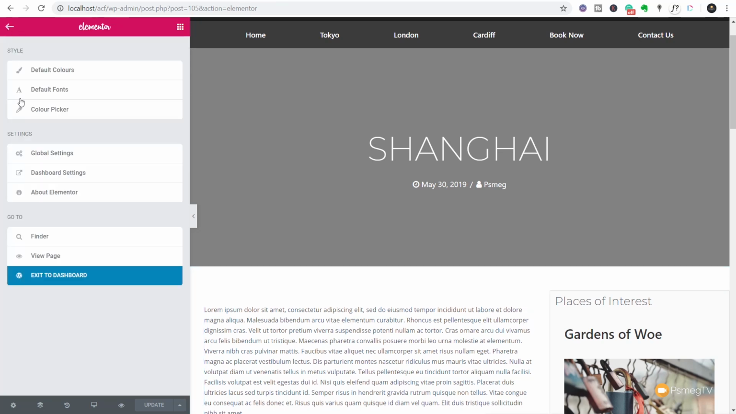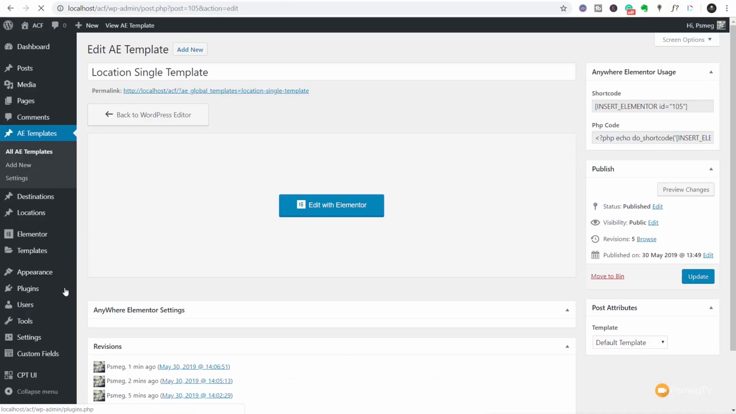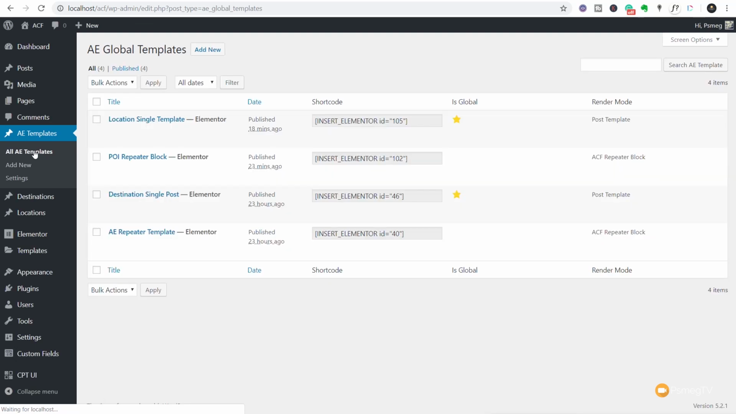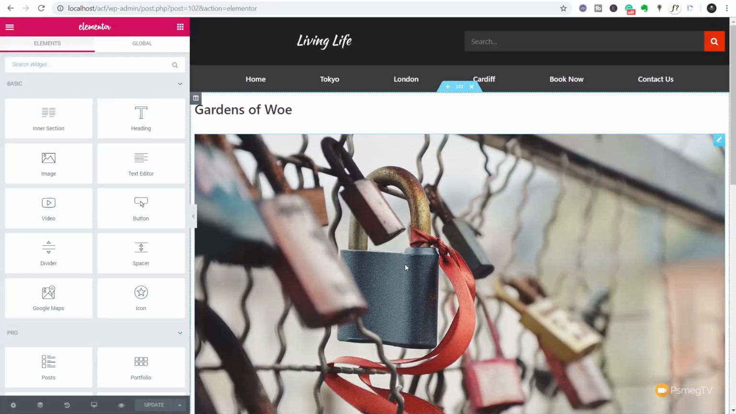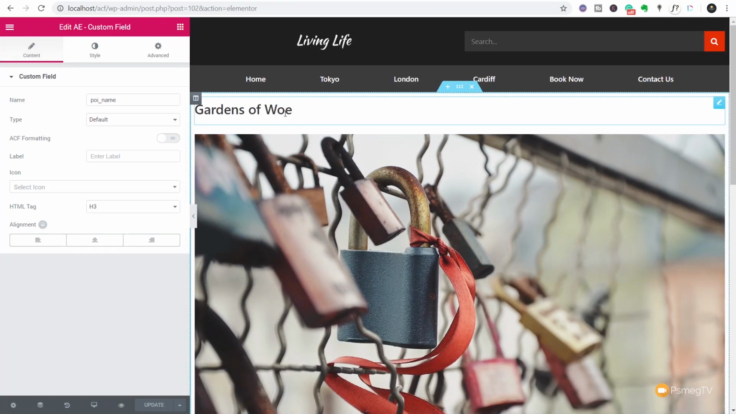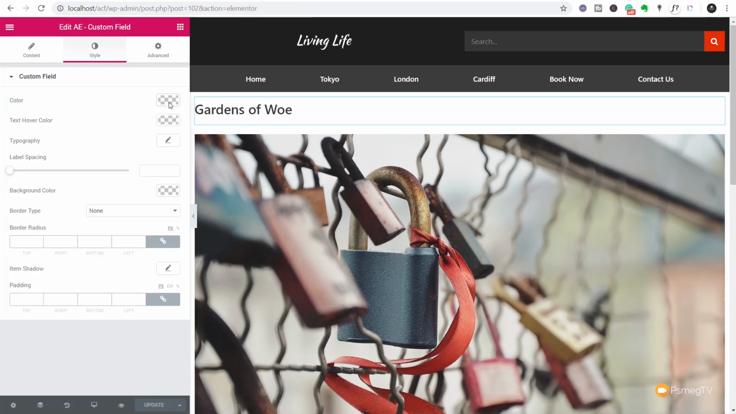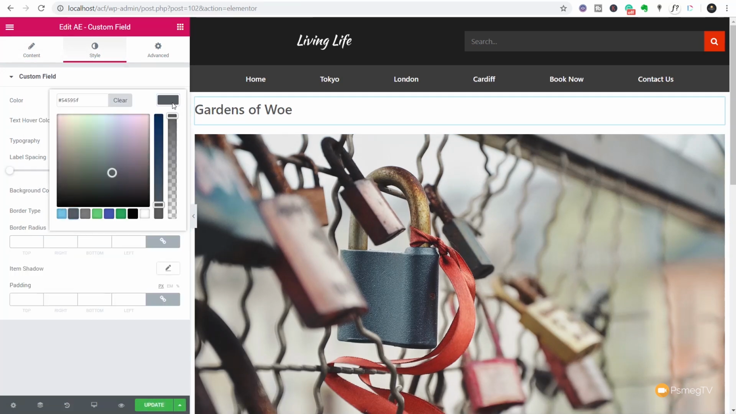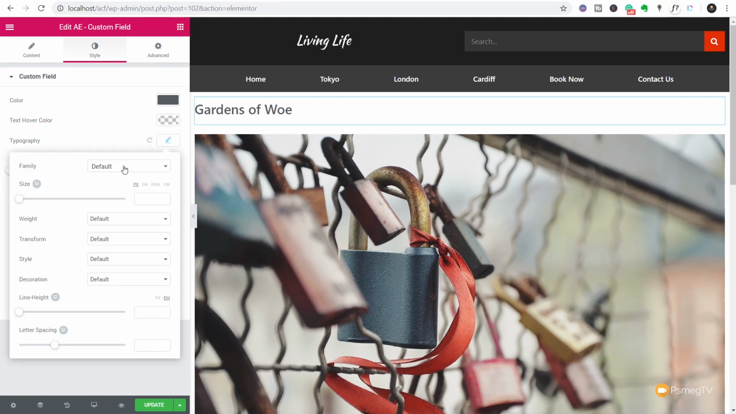So if I come back out of this and exit to our dashboard, come back over to all AE templates, what we need is the POI repeater block. So we come into that and edit with Elementor. And now we can come in and we can start styling this out. So we can choose, for example, our heading, and we can come through to our styling options, so we can start to control that. So we can set our color, we can easily come over, adjust our typography,